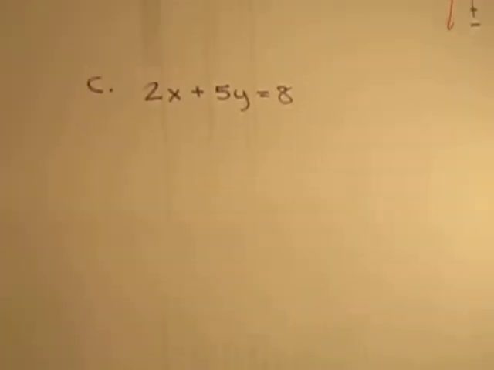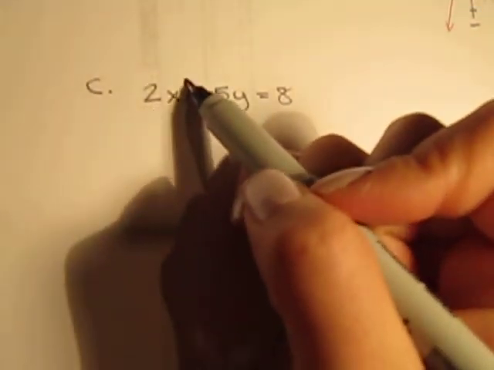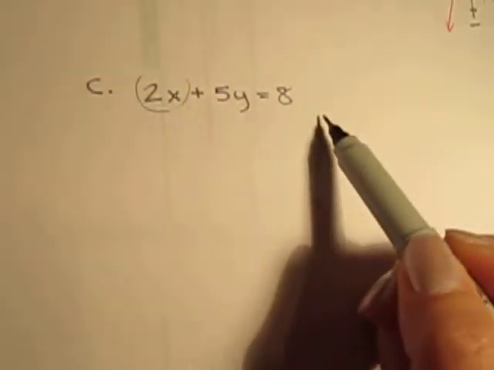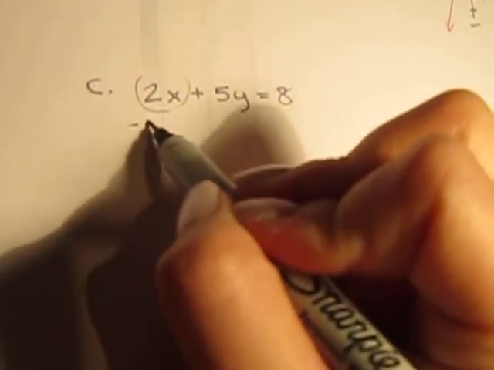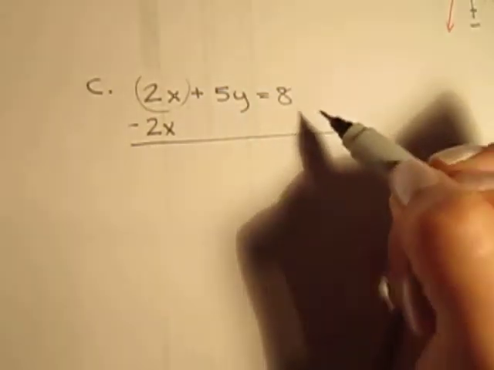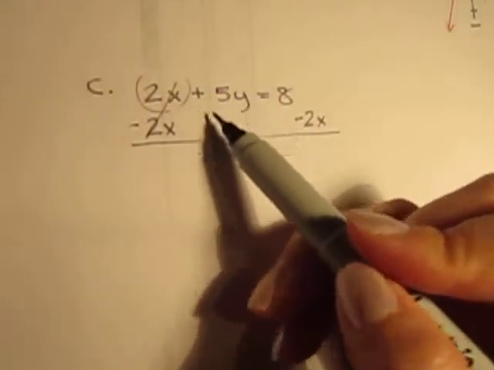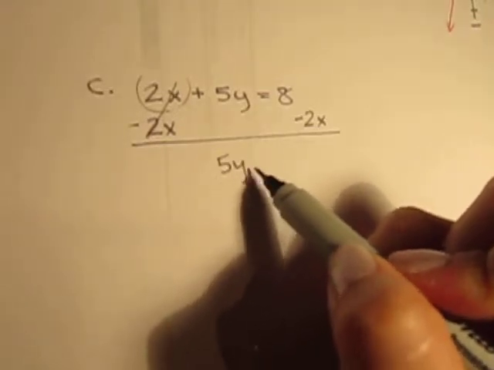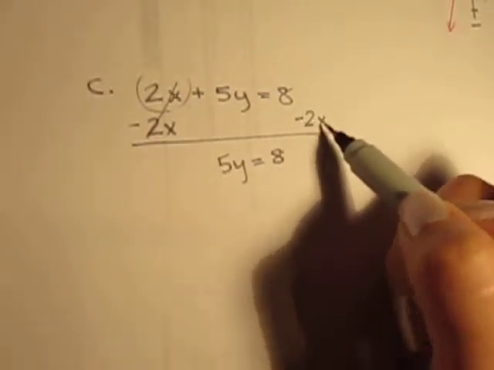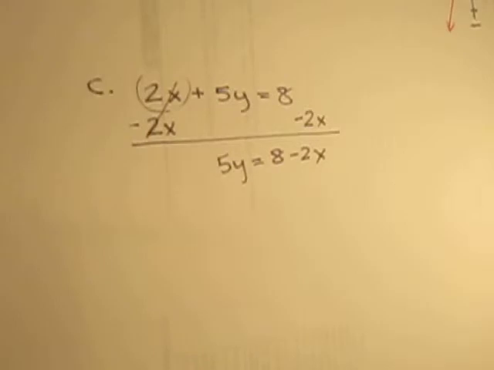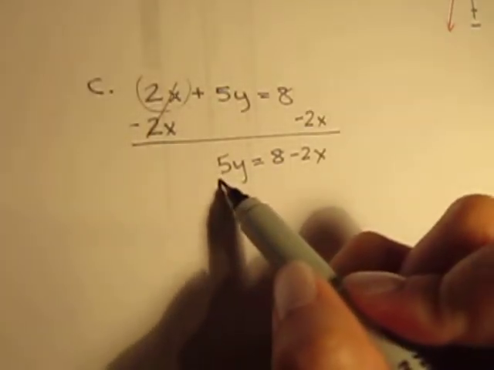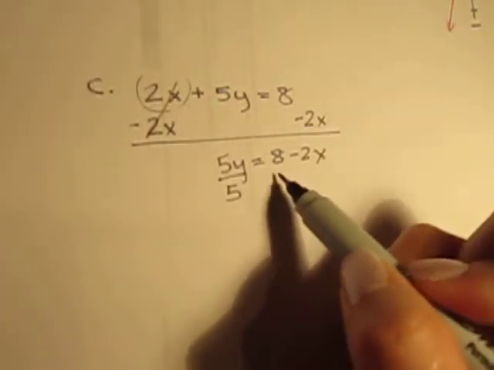Don't forget the rules and the order of operations that you have to follow. So first thing I'll do is put this 2x over to the other side. I can do that by subtracting 2x here. So now I have left 5y equals, here's 8, and then minus 2x. I'm going to divide everything then to get y by itself by 5,